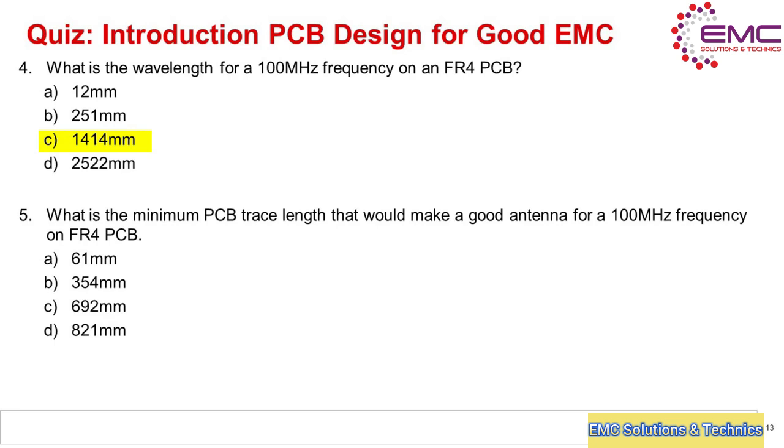Question 5. What is the minimum PCB trace length that would make a good antenna for a 100 MHz frequency on FR4 PCB? The correct answer is B, 354 millimeters. This question is related to the previous question. In the previous question, we determined that the wavelength for a 100 MHz signal is 1,414 millimeters. A good antenna is a multiple of a quarter wavelength. Dividing 1,414 millimeters by 4 gives 350